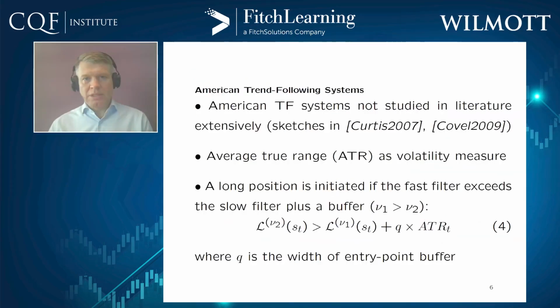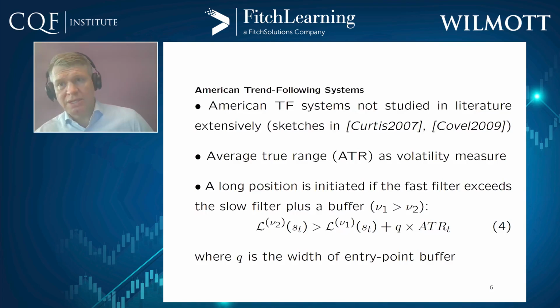So in the American trend following system, there are a few books. Usually, if you go to these kinds of books, which are very high level, they never tell you exactly what they do. But nevertheless, it's based on a breakout. Usually people call them breakout rules. So in equation 4, I show you. In the end, it's either a simple moving average, or of course, I prefer to use an EWMA filter,